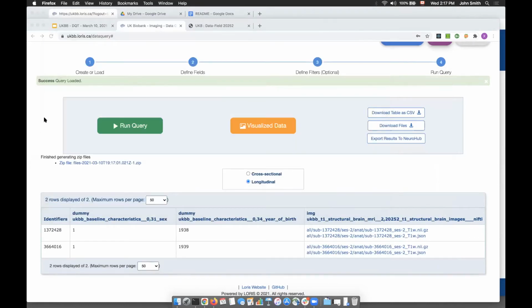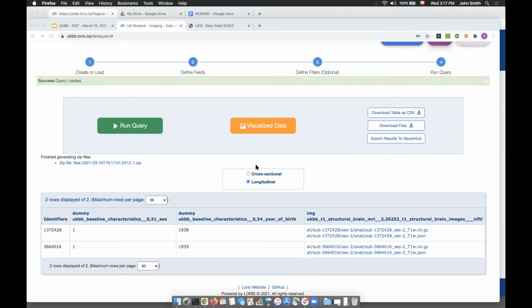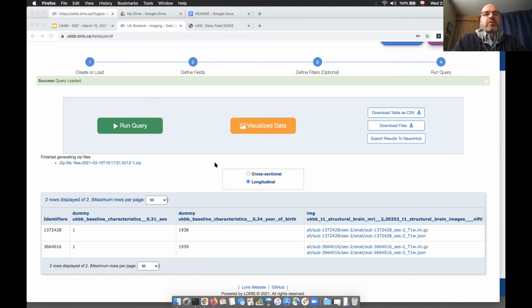So without having to connect to anything else, you can have access to T1, but also the other modalities directly through the DQT. Just to mention, there are some viewers, not for the JSON, but there are viewers within the CBrain side of NeuroHub, right? So yes, once people open files there, then we have an embedded viewer for some of those formats.